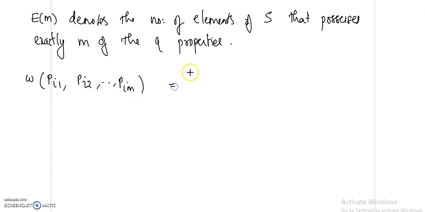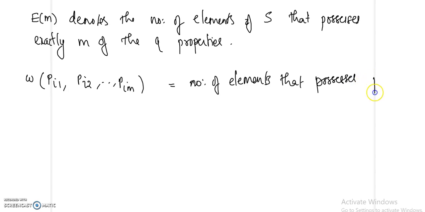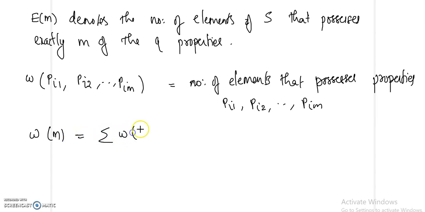So this denotes the number of elements that possess properties Pi1, Pi2, etc. Pim, and omega of M is the sum of omega of Pi1, Pi2, etc. Pim, where the summation is taken over all the M combinations